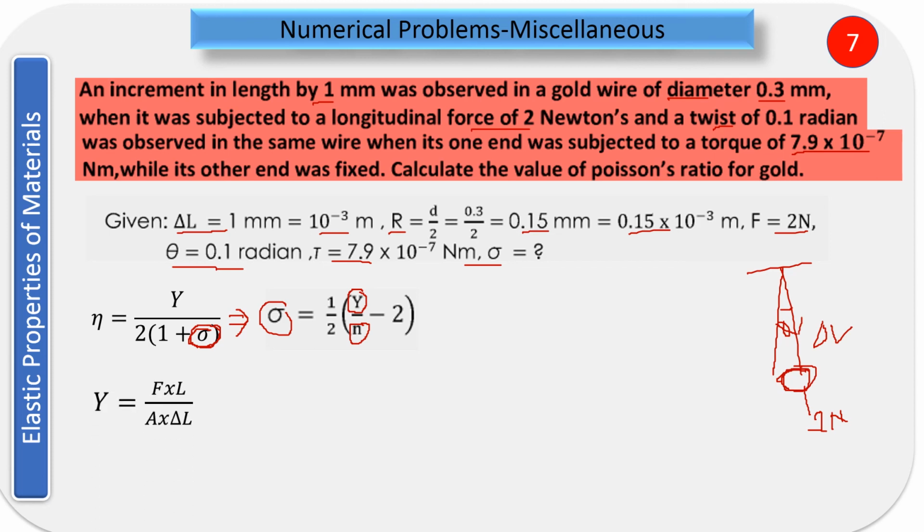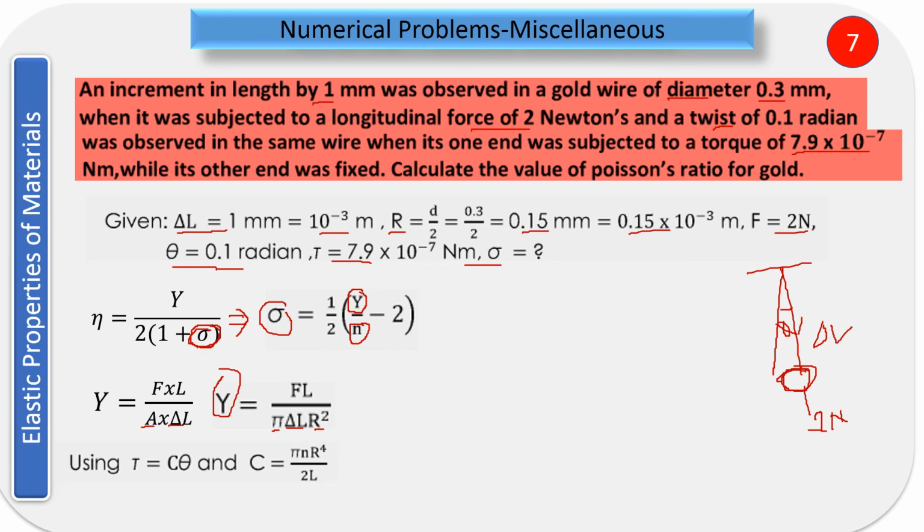So Young's modulus equals F into L upon A into delta L, that you have seen in the first and second slide, where here A is equal to your pi r square. So pi r square is over here and this is your delta L. So this is your Young's modulus. Now here everything is given, all the values are given to you, you can substitute there, right?